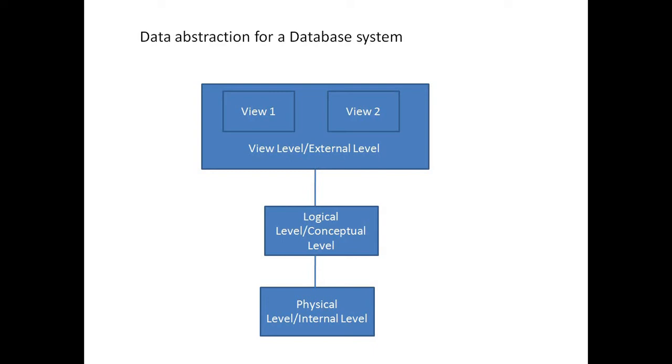At the lowest level, this data is stored in external hard drives or any storage devices in the form of bits or binary language, and at a little higher level, it can be said that the data is stored in files and folders. The physical level also includes compression and encryption techniques. So the physical level is all about describing how exactly data is stored in the storage devices. Be it a hard disk or any other device, the physical level explains how exactly, in its raw format, data is stored.